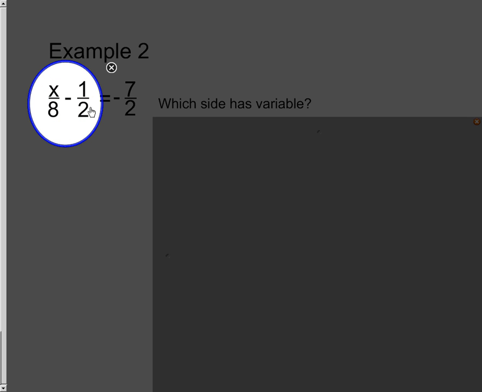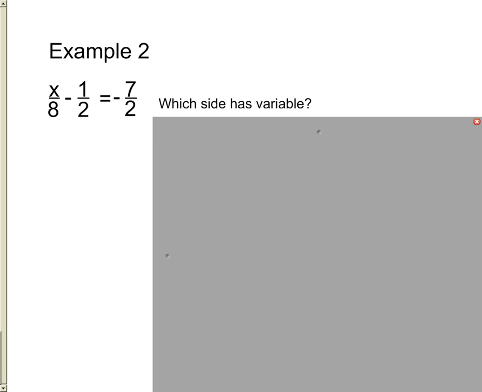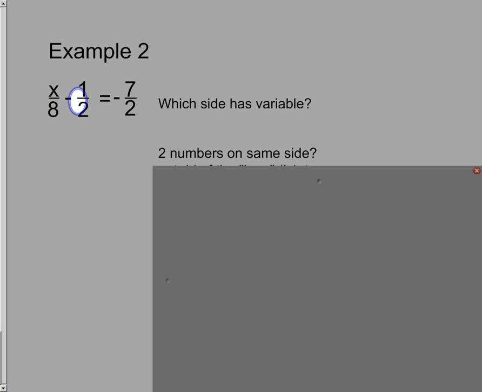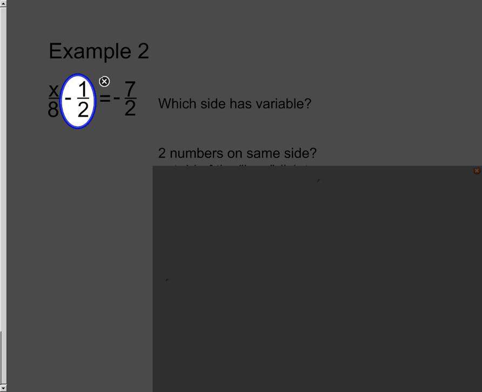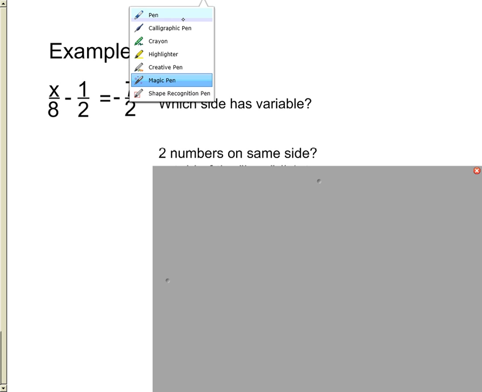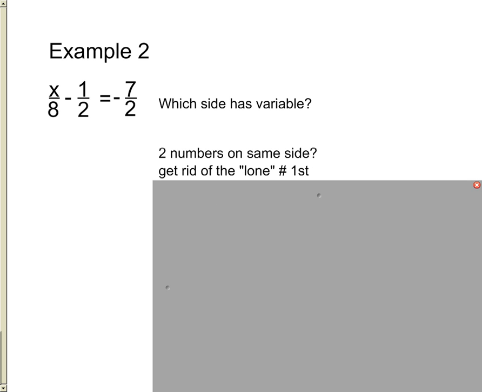And the next thing we would do is, does it have two numbers on the side? Please understand, this -1/2 is actually one number. It is a fraction. So let's just think of that as one number, and 8 is the second number. Which one's the lonely number? In this case, it's the -1/2. So we can just add 1/2,